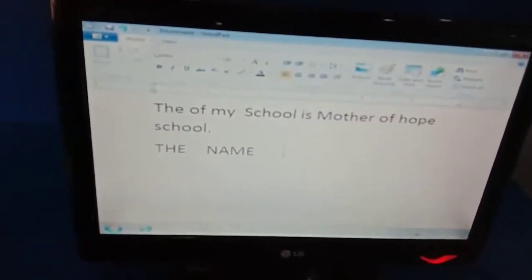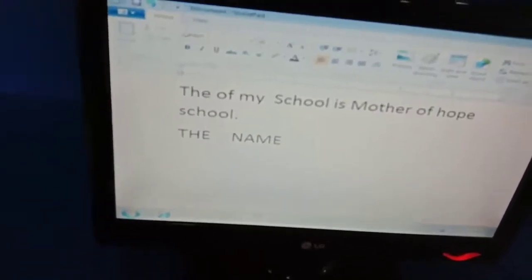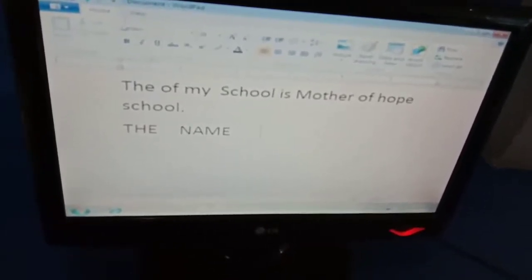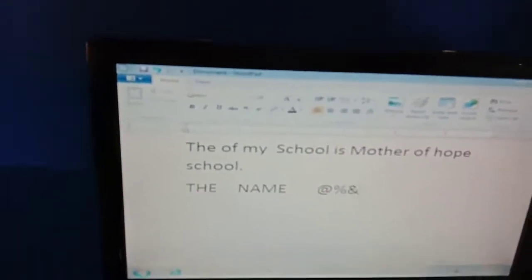Then see the mouse. Okay, understood the different keys on the keyboard. Now one more thing is there. Now you can see the symbols on the keys. So how will this appear on your screen when you want to type? Suppose the @ sign is there, dollar sign is there, percentage sign is there. So press any one of your shift keys. Keep on pressing that shift key and press that @ sign. Then the percentage sign.